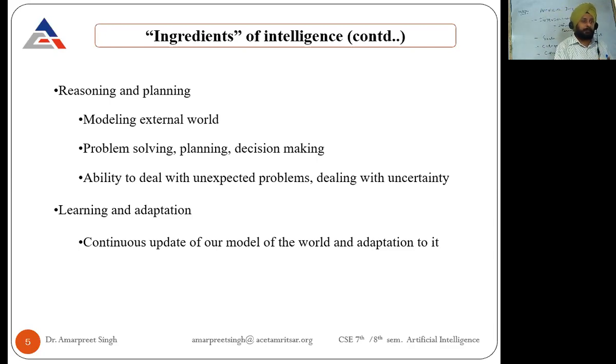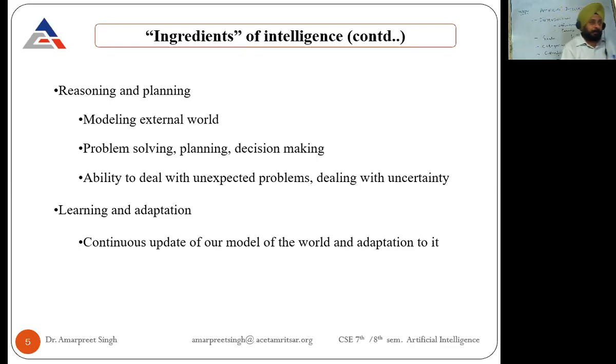Then the ability to deal with unexpected problems, dealing with uncertainty. A very, very important thing, because in our daily life, we come across many things which are happening for the first time. We are not familiar with that particular situation. So those things are uncertain. But our mind has the capability to deal with uncertainty also. And whatever I'm talking about, the reasoning, the planning, the dealing with uncertainty, these are all actually the chapters that we are going to cover in this subject,